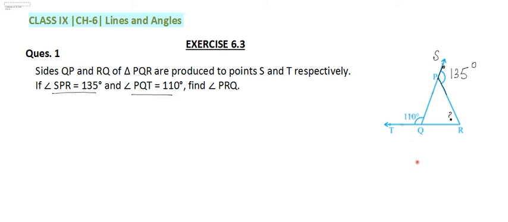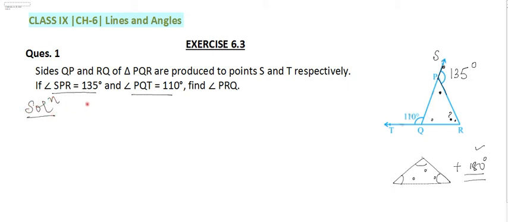Now we know from our previous concept that in a triangle we have three angles, and when we add these three angles, the sum is always equal to 180 degree. So if we find out value of this and this, and we add them all, it should always be equal to 180 degree. Now if I want to find out value of this particular angle, that is P, how am I going to calculate? Using linear pair, I can tell the value of this particular thing. So let me start with my solution.